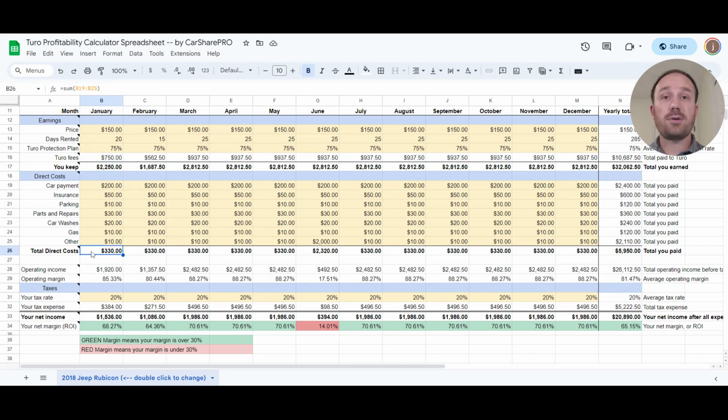You had to pay $330. So your operating income for operating this vehicle was $1,920, which is an 85% margin. And that's really good. But you've got to remember that after this, there are going to be operating expenses. These are things like your home internet to run your business, your office chair, your electricity. If you run out of your home and you have a pressure washer, for example, your electricity would be